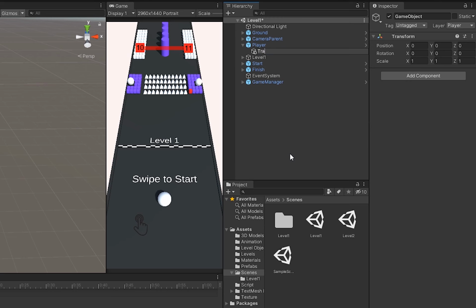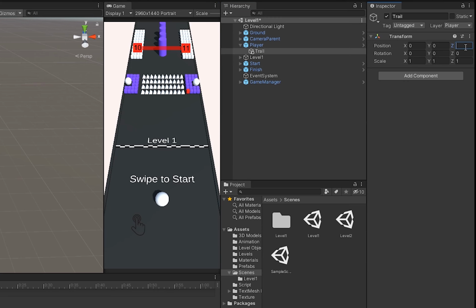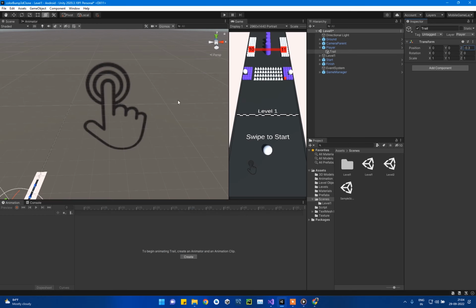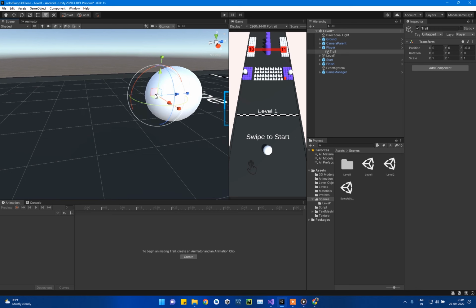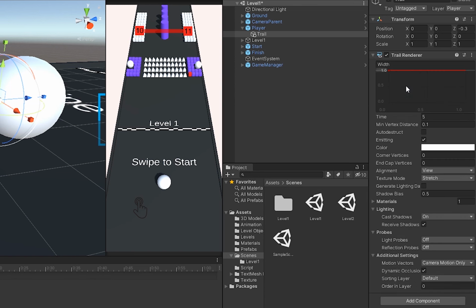Now create another empty game object, Trail. We will be creating our trail renderer now. Set its position to minus 0.3 on the Z. Add a Trail Renderer component to it, and reduce its width to somewhere around 0.4 or 0.3. Now double click over the right side and drag it down, just like this. Now set the time to 0.7